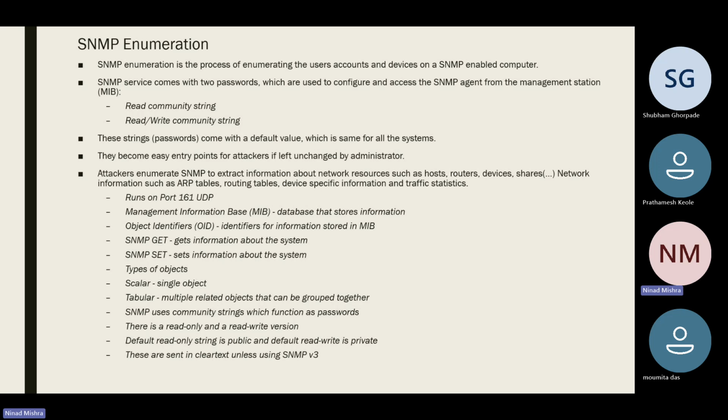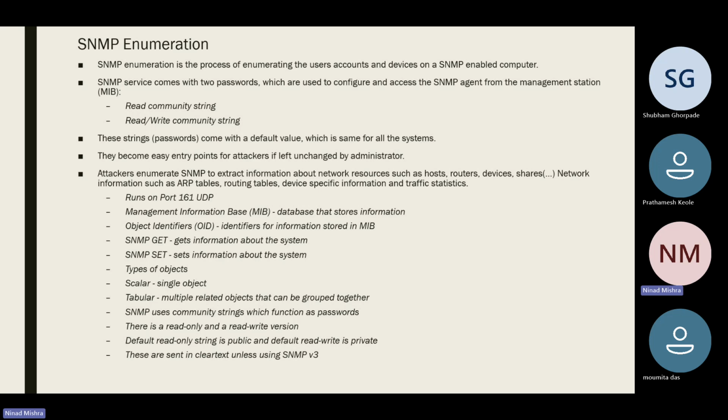So as I said, this information is easily available, and attackers can use it to extract information about resources such as hosts, routers, devices, etc. And they also contain information such as ARP tables, routing tables, device specific information and network statistics. Okay. So additional information about this, always remember, it may be asked in your interviews: what is the port for SNMP? It is 161 UDP, and